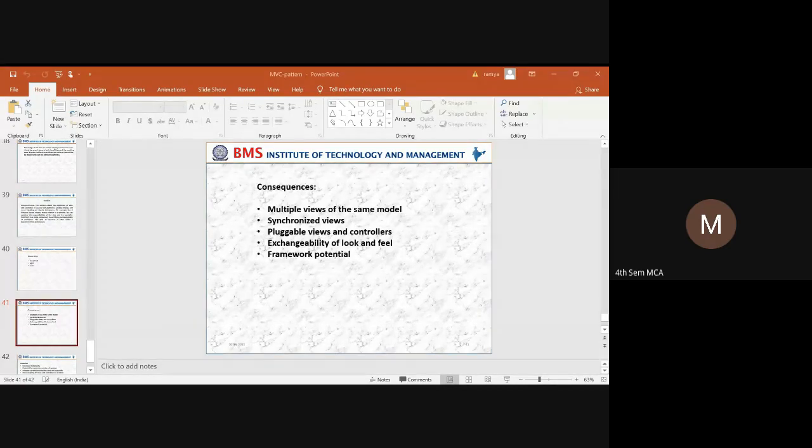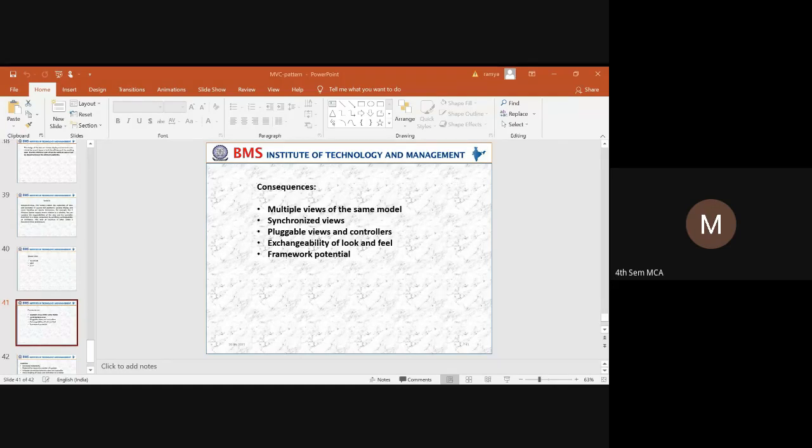Here, the first consequence that we have is multiple views of the same model. Here what happens, since the MVC pattern has three different components, each and every component is strictly separated from the user interface components.